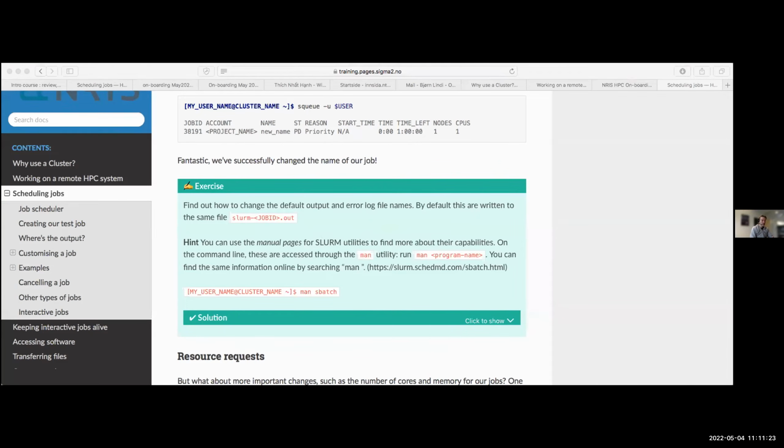You use the manual pages for Slurm to find out how you can modify the Slurm output. So that will be the exercise. They are supposed to use the training project, NN9989.